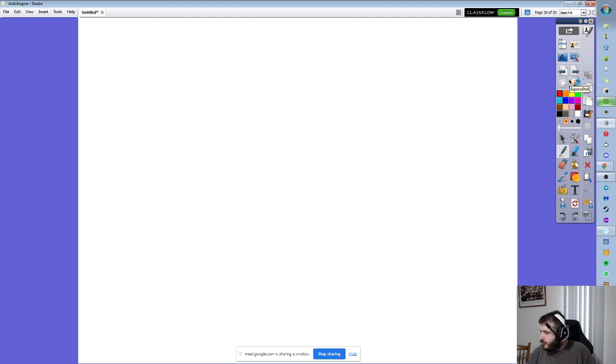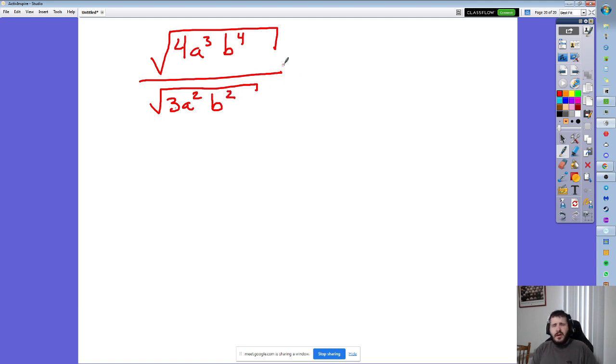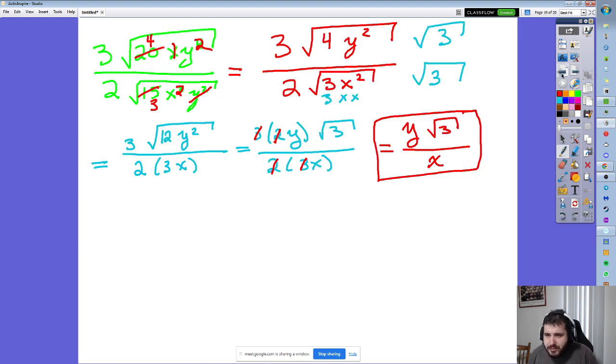All right, so let's do number 28. Let's do number 28. I like that one. So there's not going to be anything on the outside this time. It's all on the inside. 4a cubed, b to the fourth, over 3a squared b squared. Now, here's another option you have, because I know maybe some of you were thinking, but